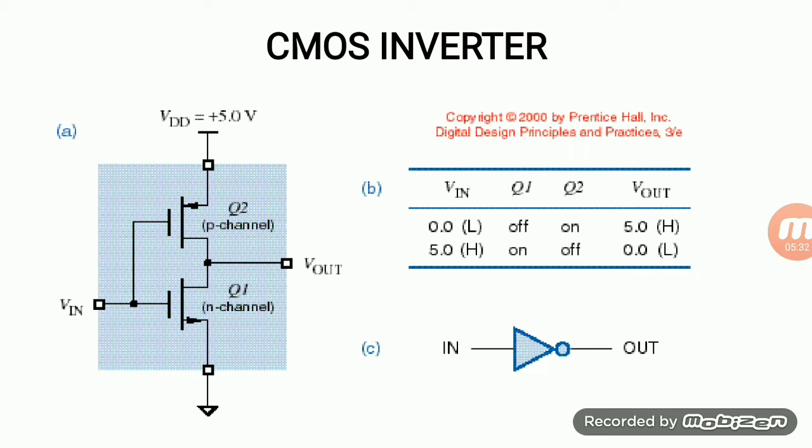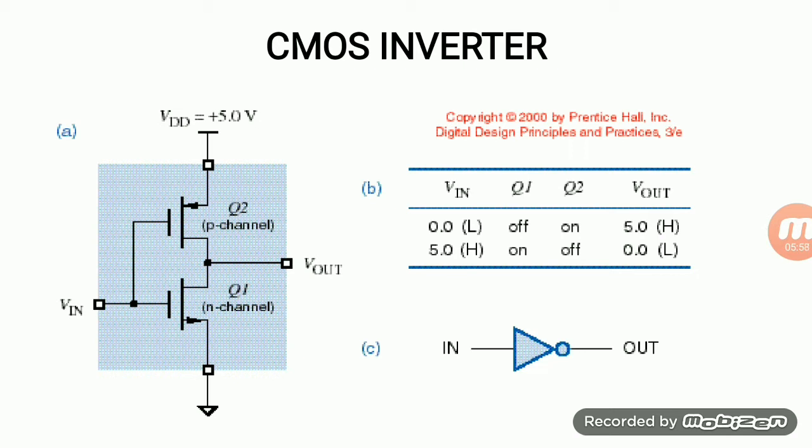Whenever Vin equal to 0, the pull-down NMOS transistor will be off. In case of the pull-up network, PMOS will be on. So whenever Vin equal to 0, the P-type transistor will be on, the N-type transistor will be off. Here P-type is on, which means whatever VDD is, it goes directly to the Vout. So that's why the output becomes 1. Q1 will be off, Q2 will be on.